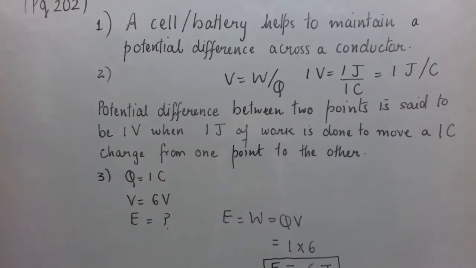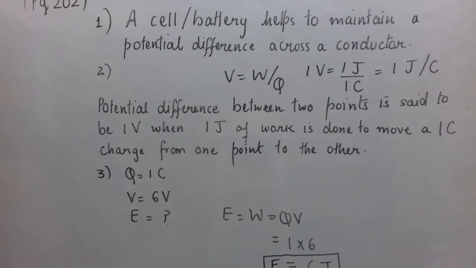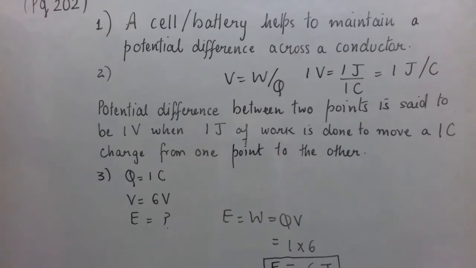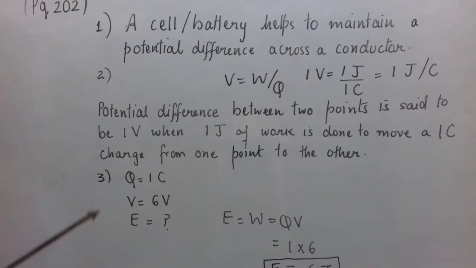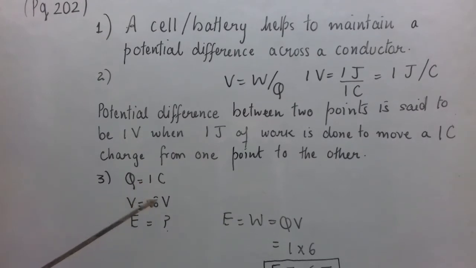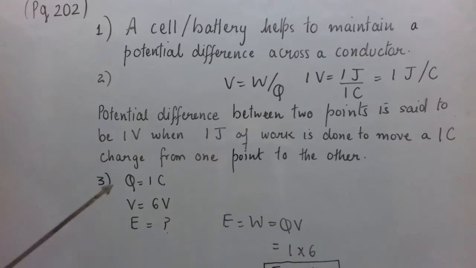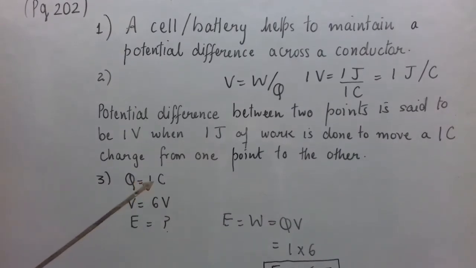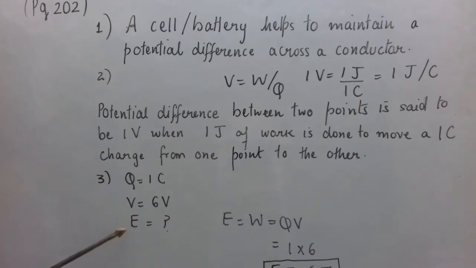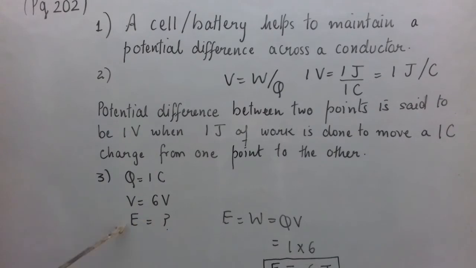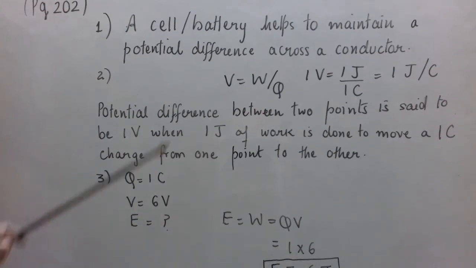Now next is, how much energy is given to each coulomb of charge passing through a battery of 6 volts. Okay. So here charge Q is 1 coulomb, and the question is how much energy is given to each coulomb of charge. Each coulomb means charge, we have to take it as 1 coulomb, for passing through a 6 volt battery, so potential difference V is 6 volt. You have to find energy supplied, energy given. So we can represent it by capital E. You know that energy and work are equivalent. So we can use the same formula.